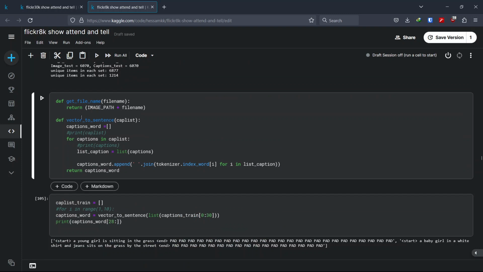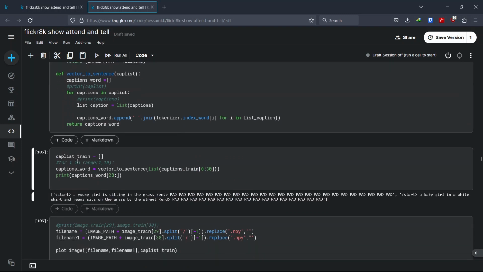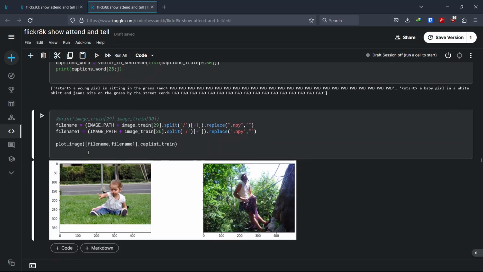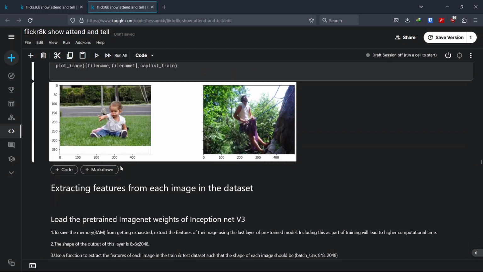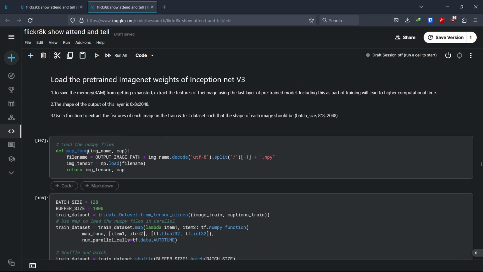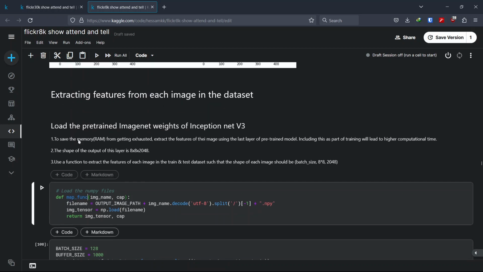And here we have some other functions I've shown to you. We have a start, caption, end, and padding to have the same length as other captions. And here we plot two images again. As I said before, we showed the